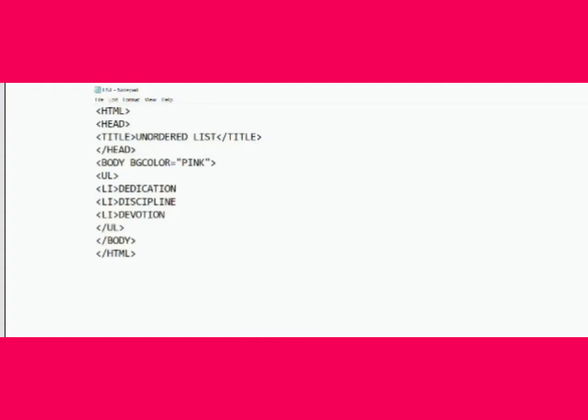Now you can see that when we saved the HTML file and opened in Google Chrome, the final output appears with the background pink and a list is created with bulleted signs as dedication, discipline and devotion.